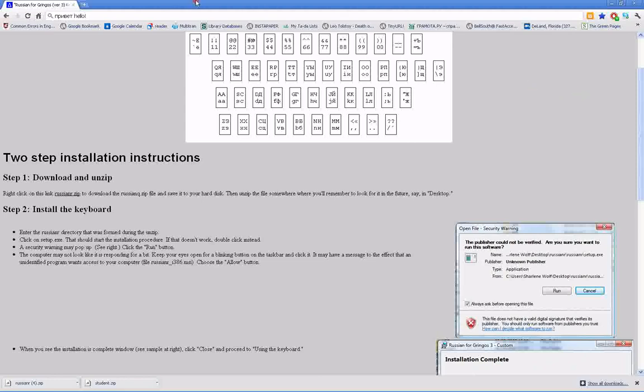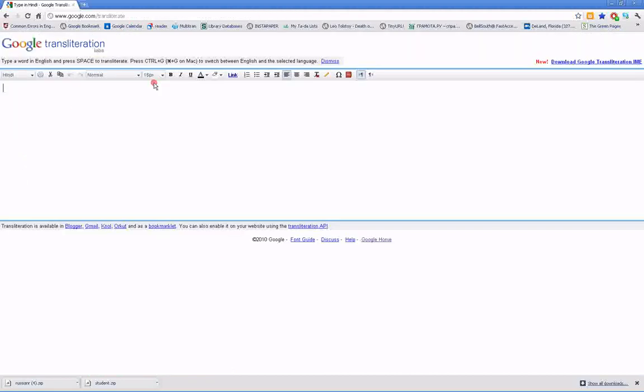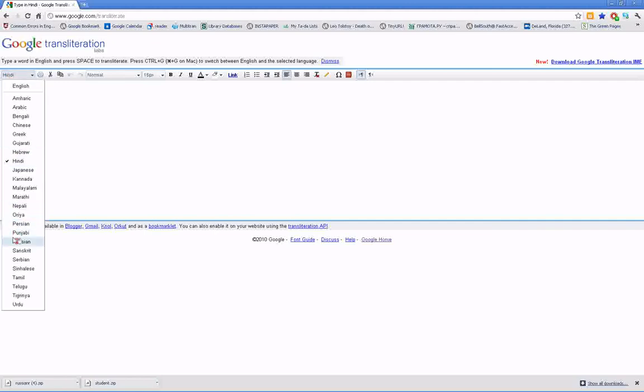Now let me show you another way that you can very easily type in Russian. I like this a lot. Google offers a service called Google Transliterate. It says type in Hindi, but it's not just Hindi. If you go to Google Transliterate and choose Russian,